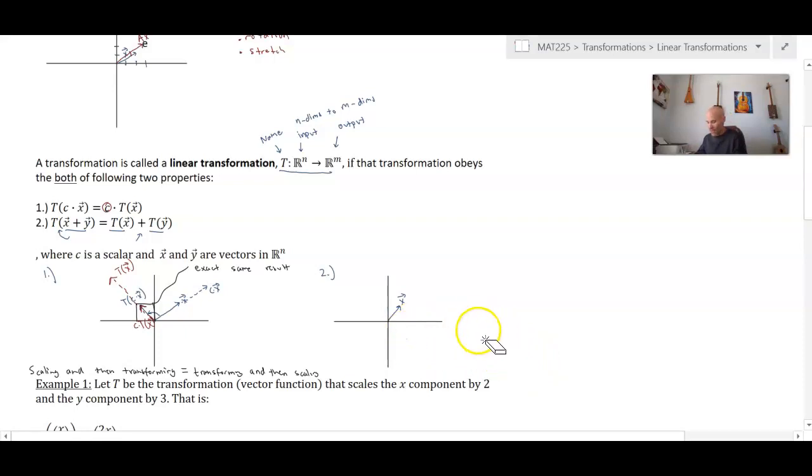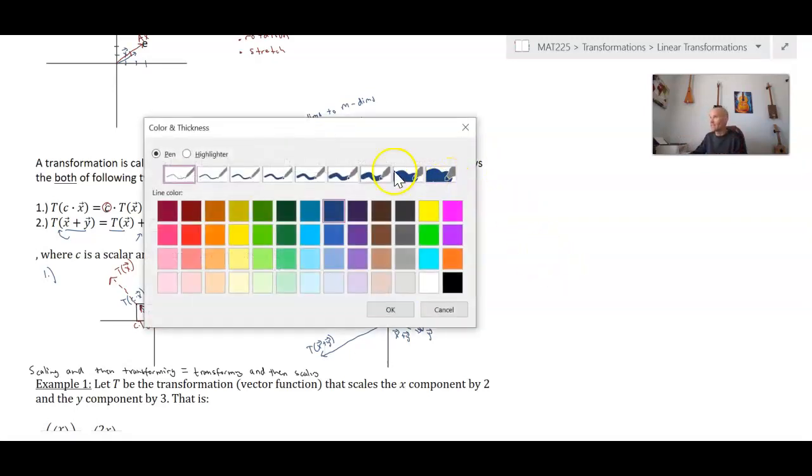Okay, so let me take that away and put it on the tip of x like that. So there's y, and this represents x plus y. And so here we get, when we add together two vectors, we get some resultant vector, which we call x plus y. Now if you take that new vector that you form and you transform it, just to avoid some visual clutter, let's just say that what happens is it maybe really scales it and rotates it into the third quadrant. So we'll refer to this as the transformation of that resultant vector that we get when we add together x and y. Now if this is a linear transformation, not all transformations are, but if this is a linear transformation,